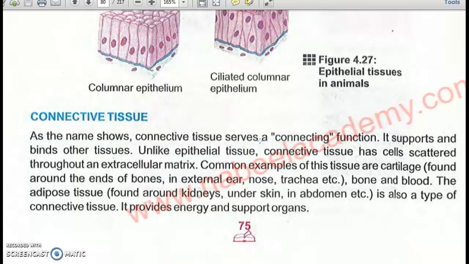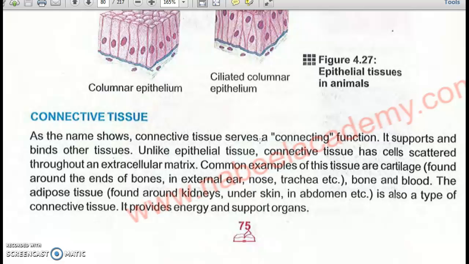Then we have another example, adipose tissue. This is also called the fat tissue. Adipose tissue consists of cells which have fat droplets, okay. Whenever the fat content in our body increases, those fat molecules accumulate in the adipose cells. These are mostly present around the kidneys. They are present under the skin, and they are also present in the